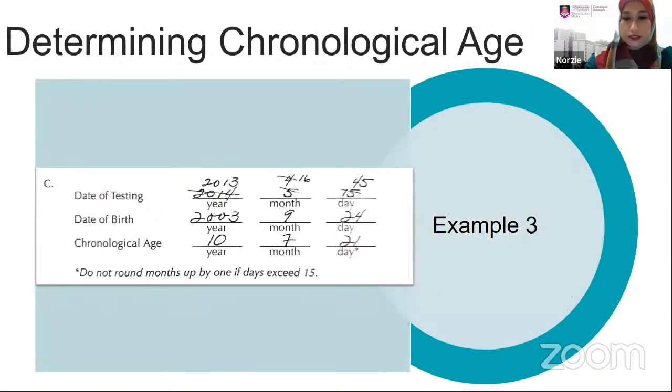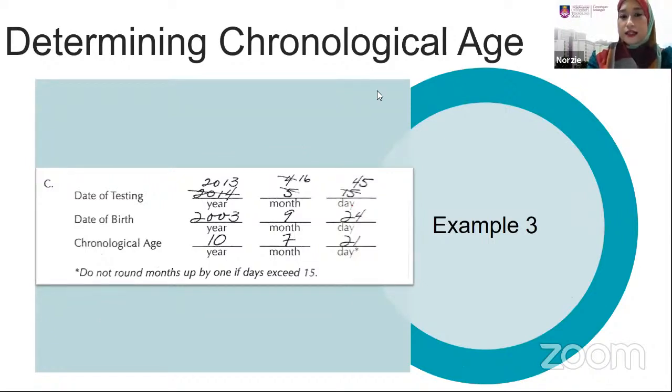Let's look at another example. This one is much more difficult, because on the day column, it's impossible to subtract 15 and 24, right? So you have to borrow from the month column. So 1 month is equivalent to 30. You can use this at any month, dekat mana-mana bulan pun boleh. Even kalau tu bulan 2 pun masih 30 lah. It's standardized macam tu. So 30 add with 15, you will get 45. 45 subtract 24, you will get 21.